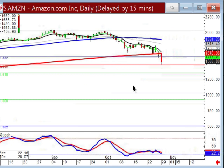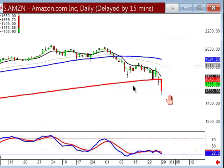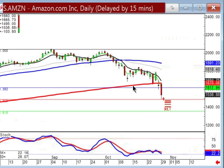Well, not looking at it any more specifically than what we did, it looks like they just touched the 50% retracement on the Fibonacci. Now, does that mean actually 26%, Jay? Yeah, that's probably right. If they opened this positive and took it positive tomorrow, you could say that it was bouncing off the 50%